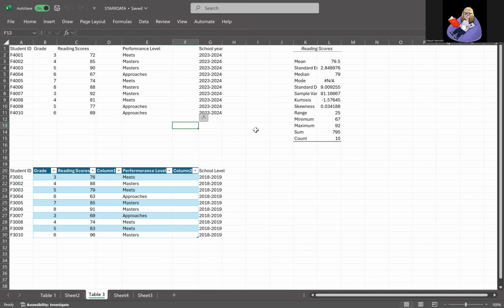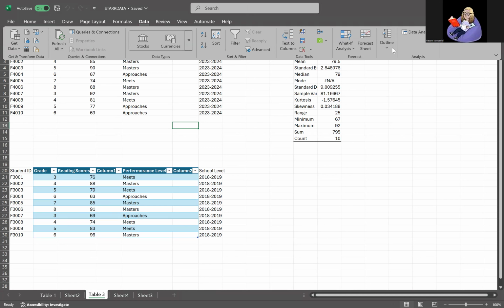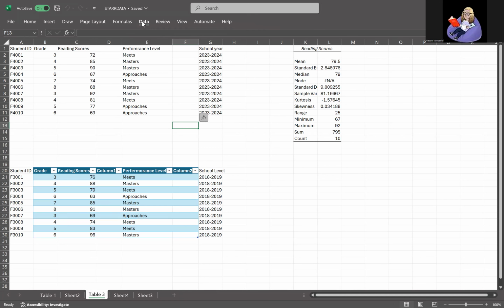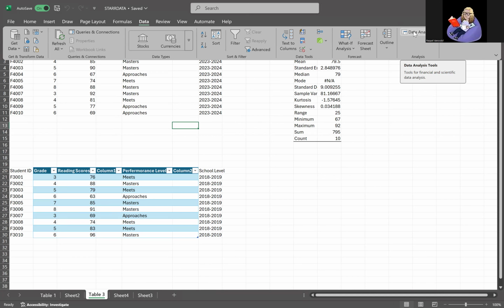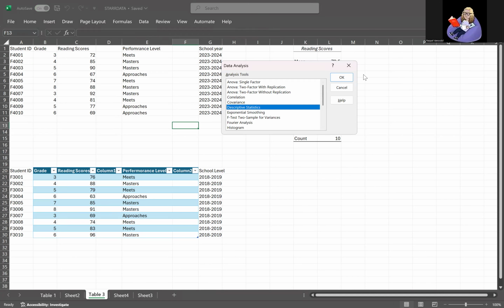So in order to create your descriptive statistics, you go to your data tool, your data analysis, click on your data analysis tool, and